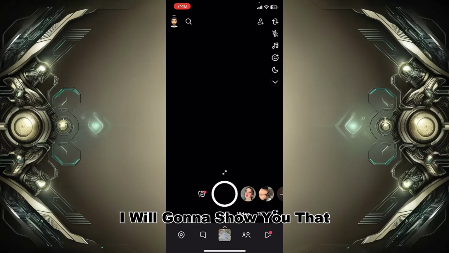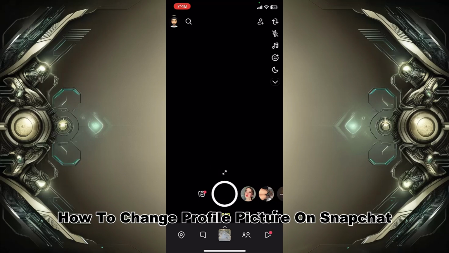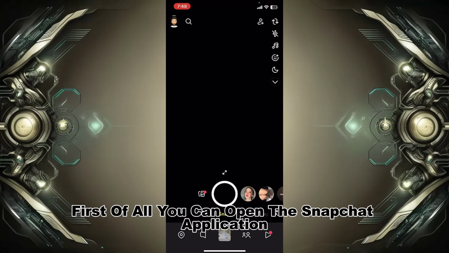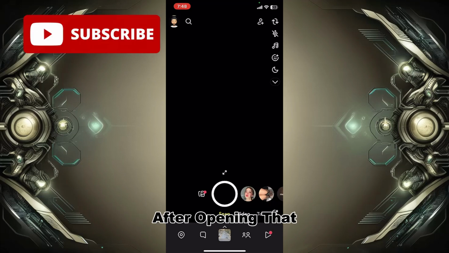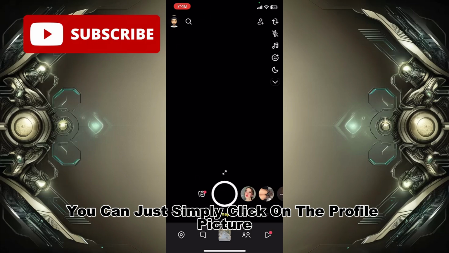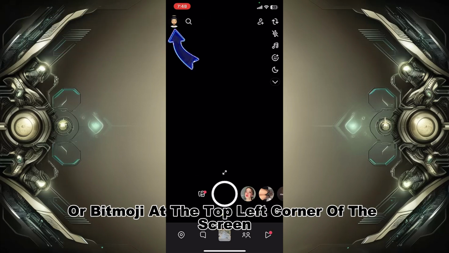In this video, I am going to show you how to change your profile picture on Snapchat. First of all, open the Snapchat application. I have already opened the app. After opening the app, simply click on the profile picture or Bitmoji at the top left corner